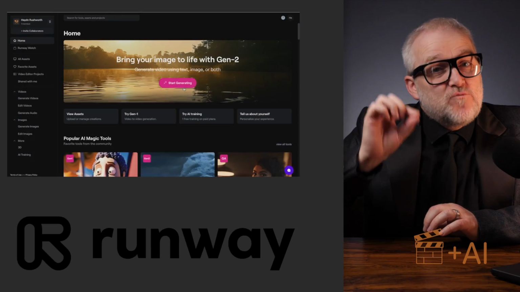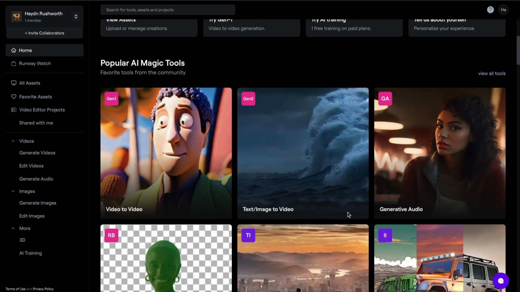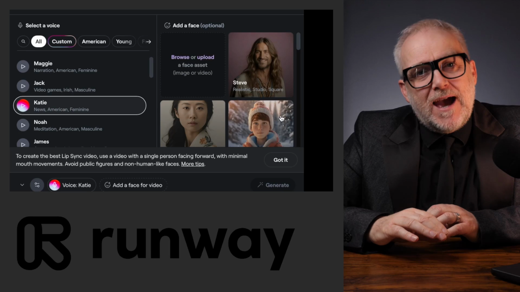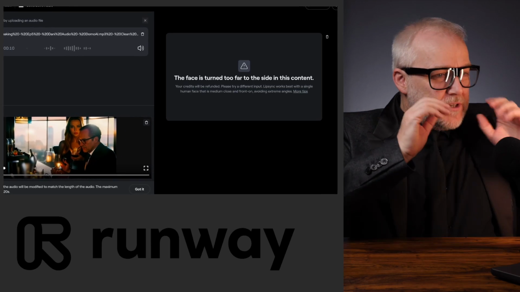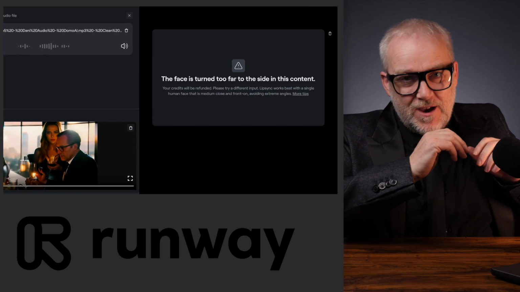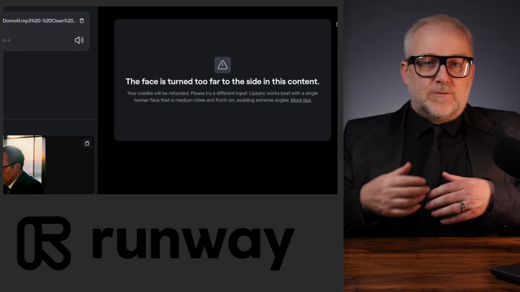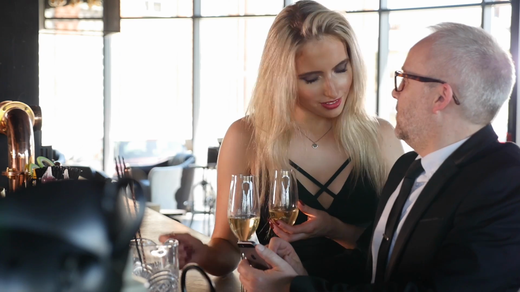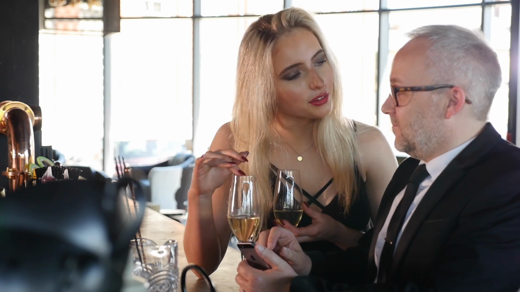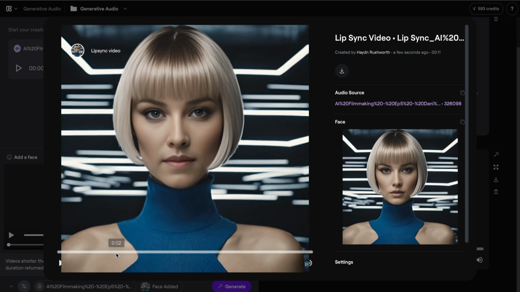And that brings us to Runway's lip sync tool. I gave that a try. Great and not so great. What wasn't so great is that it doesn't handle faces at an angle, whereas SyncLabs does. So it really just didn't even try. If a face is slightly off, it's not quite there. So I never got to find out what Runway's version of lip syncing would be with my test video. But what I did try was the test audio on one of their sample headshots. And that was really, really impressive.